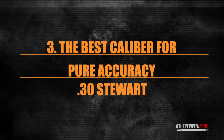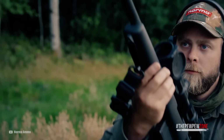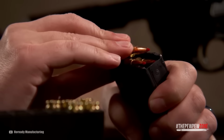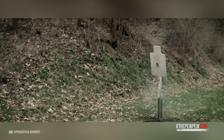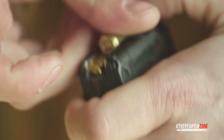The best caliber for pure accuracy. If precision is everything you want, go with the 30 Stewart. It is purpose-built for bench rest shooting, making it the caliber shooting the smallest 5-shot groups ever. In other words, it can only be described as insanely accurate. The downside is that as such, it is a niche cartridge, so good luck finding it in a store near